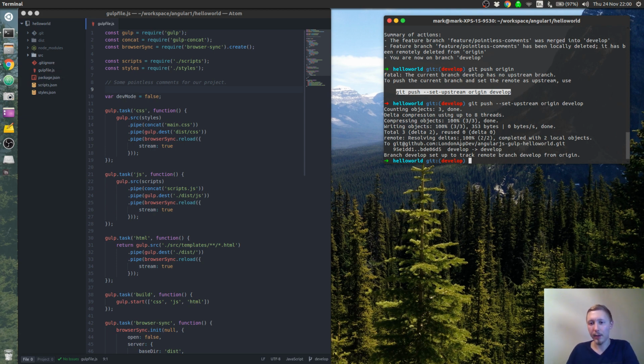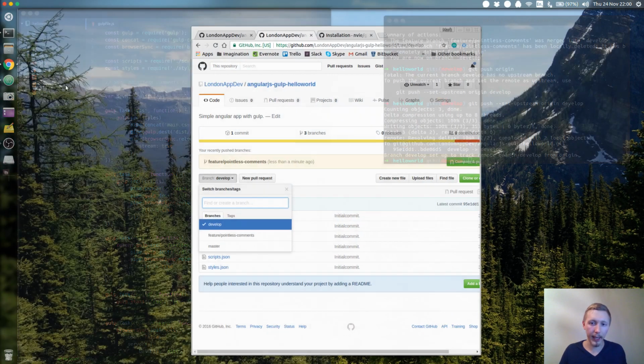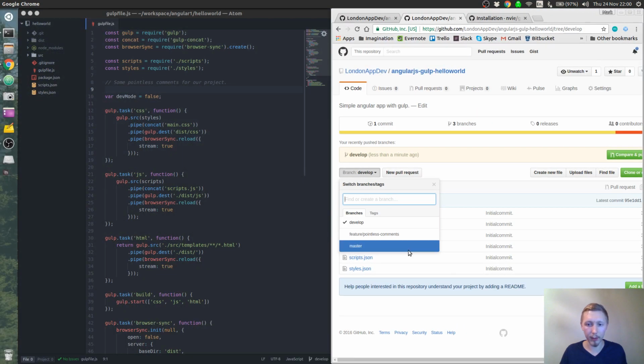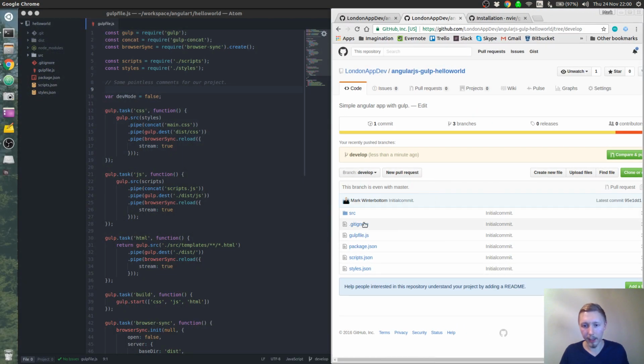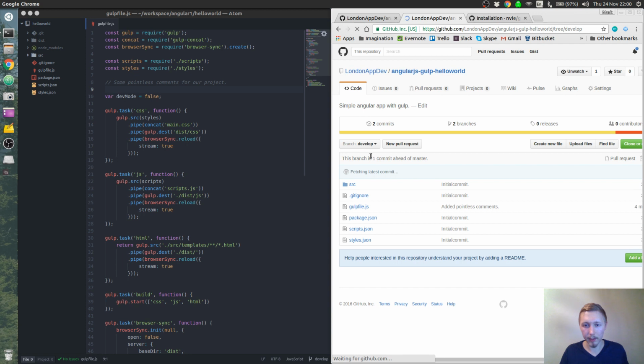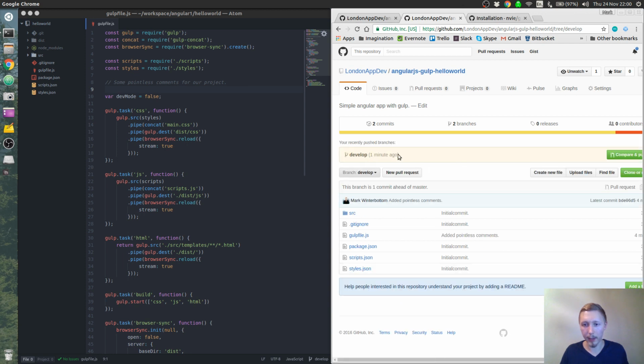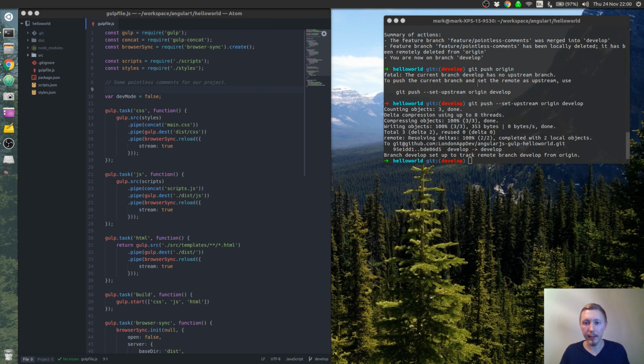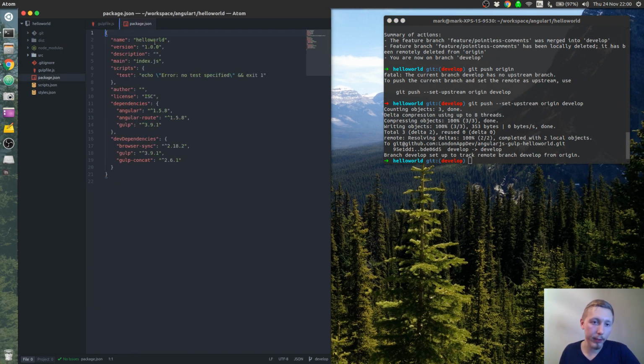So the Jenkins box. Once you've pushed your change and it's been deployed and tested, and maybe code reviewed, and other developers have looked at it, you can see that it's pushed these changes here, so develop 1 minute ago. The next step would be to do a release. Once you're happy with the project, you'll do a release. So I'm going to look at the current version number of our project. We're currently on version 1.0.0. For a release, you do git flow,